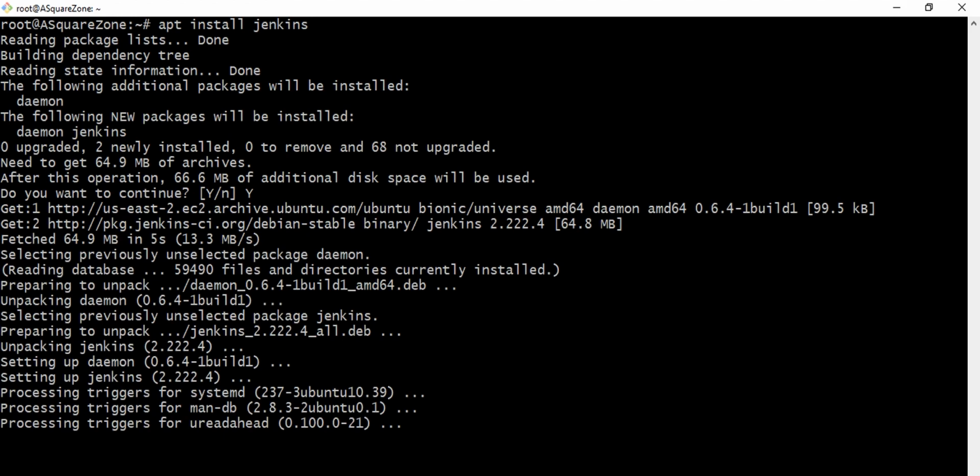It's processing. So within a few steps we can install our Jenkins here. As we are working on an Ubuntu server, using the repository adding concept, we are installing Jenkins.